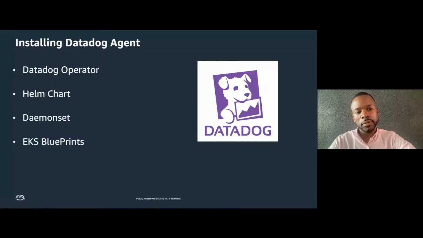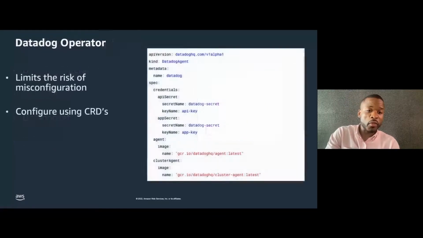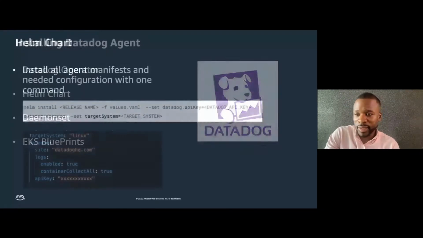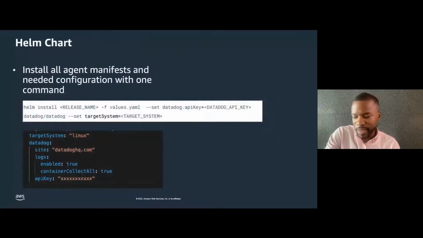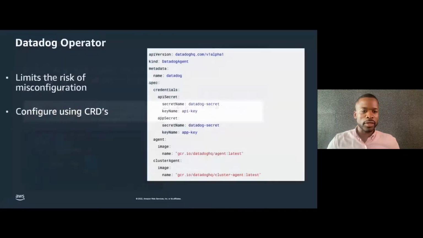So our recommended methods for deploying and managing the agent are the Helm chart and our operator, which is in public beta. As a heads up, the operator will become generally available very soon. Some of the benefits of the Helm chart, first, are that you have one config file to simply deploy the agent, for those that are using Helm. And the operator is really an evolution of that. Not only is it a simple way to